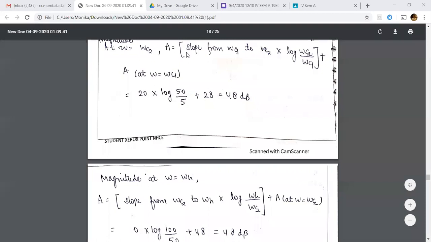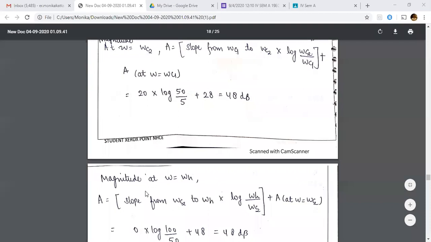First, you will find out corner frequencies. So you have two corner frequencies, omega C1, omega C2. One point you have chosen less than omega C1, other point you have chosen higher than omega C2. You have got 4 points. So there will be 4 points in your magnitude plot. You know the change in slope at all 4 points. You have to join 4 points to get your magnitude plot.